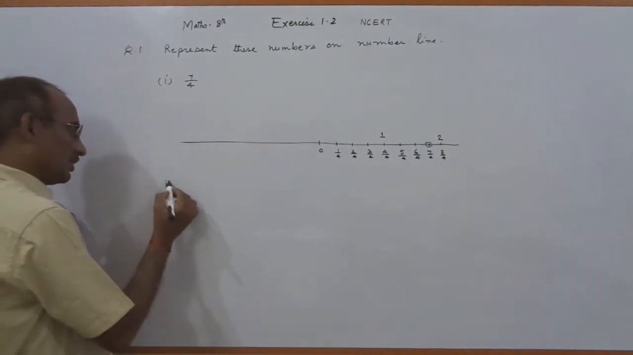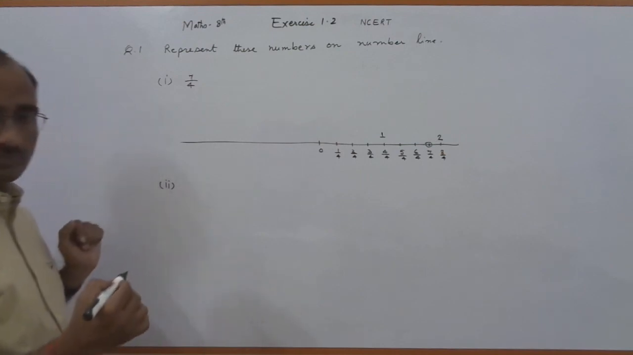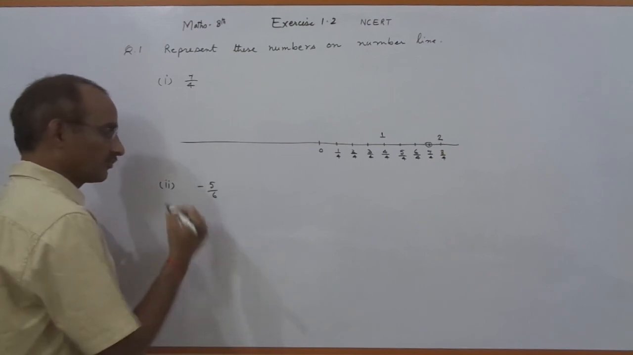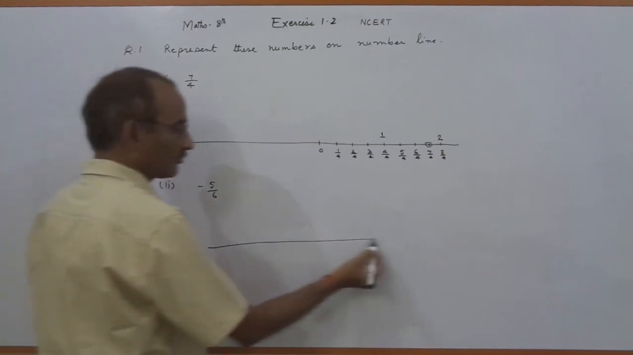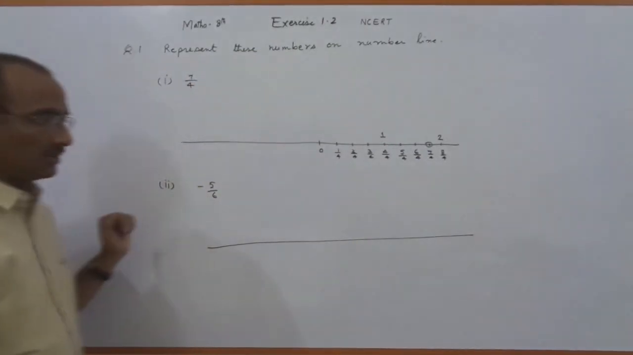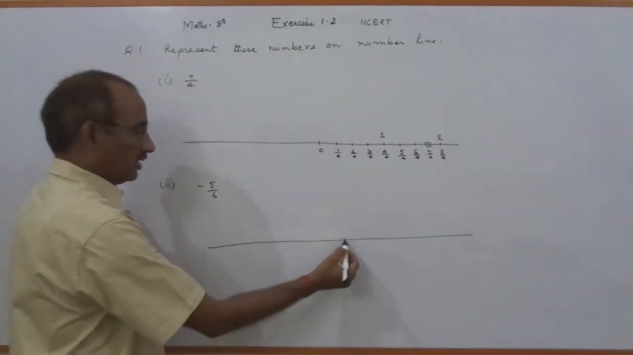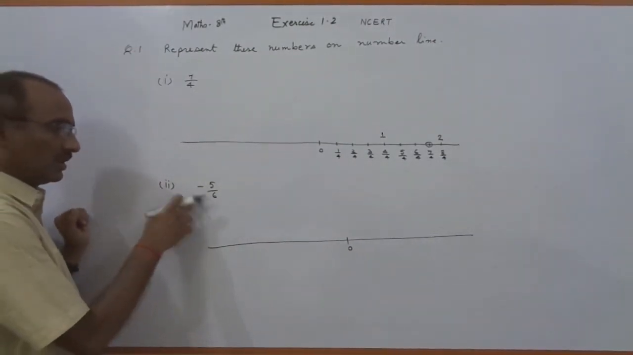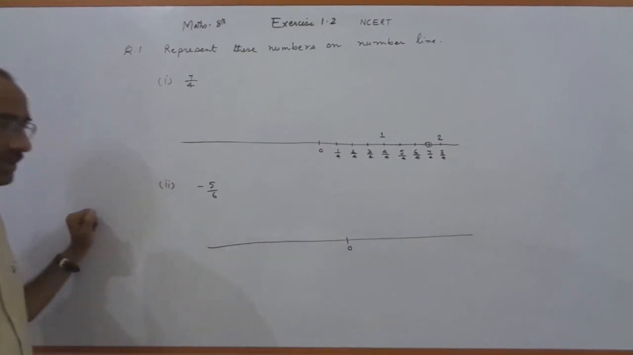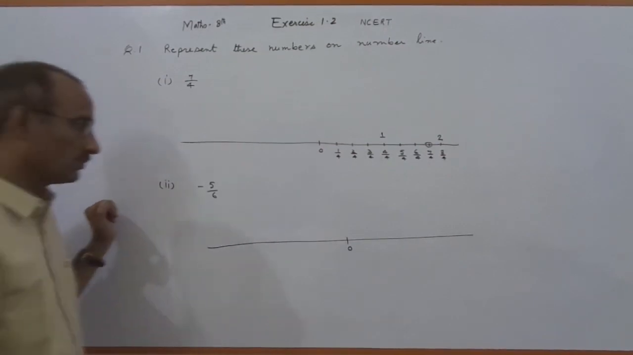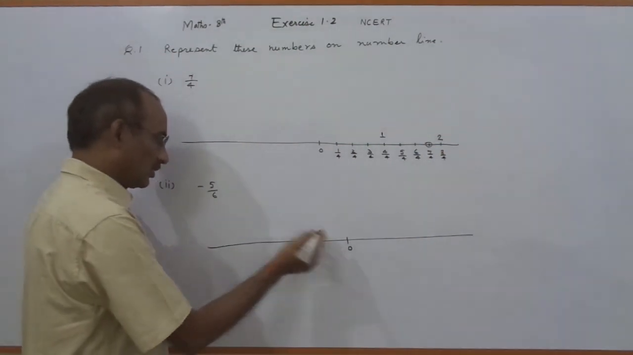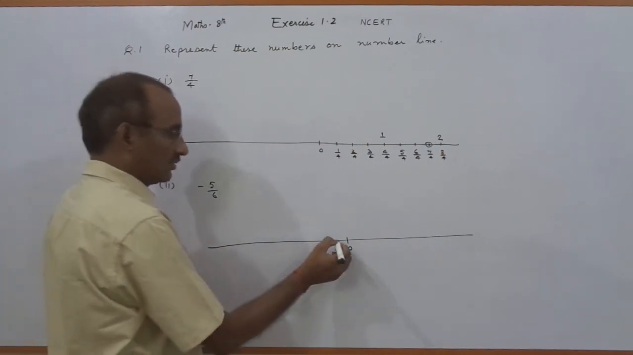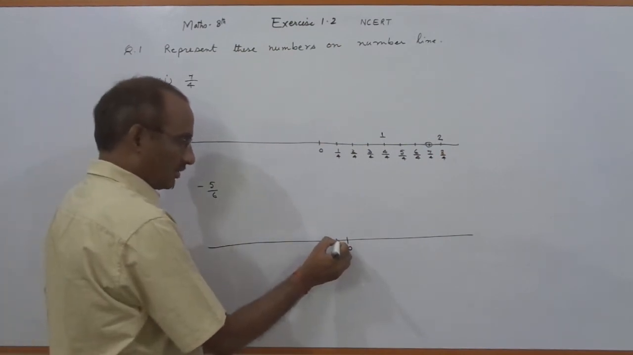Now come to the question second. It is minus 5 upon 6. So draw a number line and mark 0. This is a negative rational number, so it is on the left hand side of 0. Here we have 6 in the denominator. So our points are